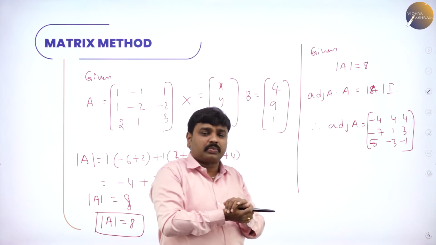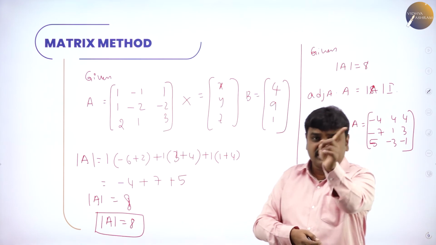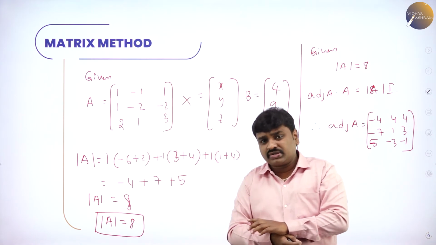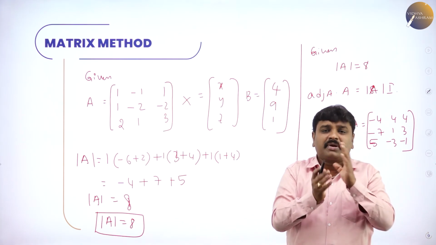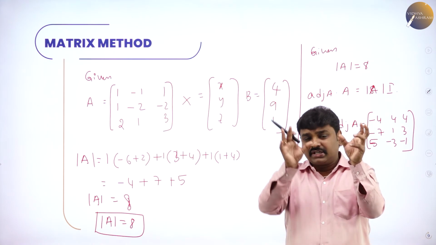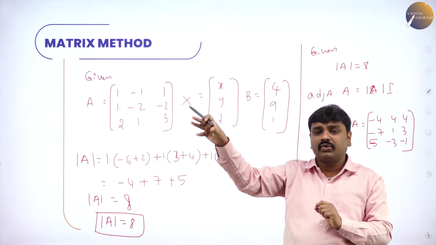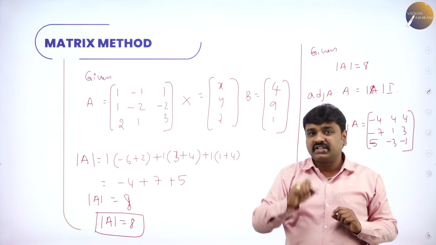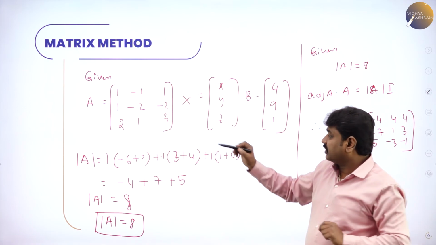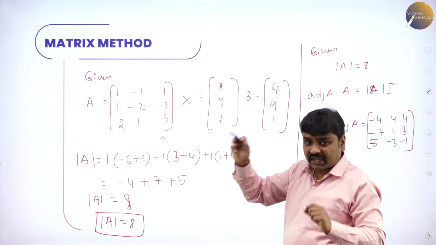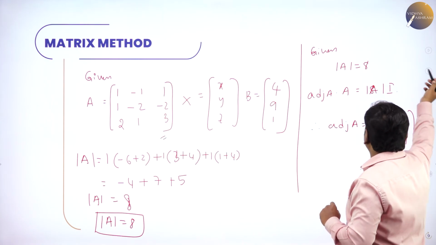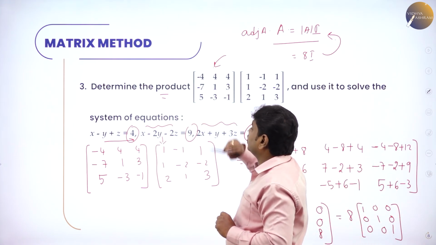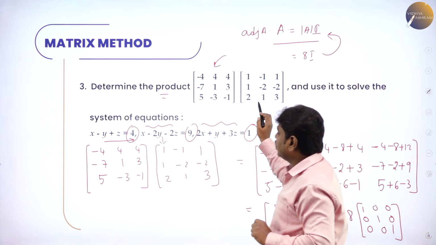We found the product. The product gave you a scalar matrix with 8, 0, 0, 0, 8, 0, 0, 0, 8. If I take 8 common, it becomes 8I. So a matrix multiplied by another matrix giving determinant A into I means one is the adjoint of the other. They gave A into adjoint A as the second one, so the first one has to be the adjoint. Indirectly this is the adjoint, and this is A. If you see, this and this match.